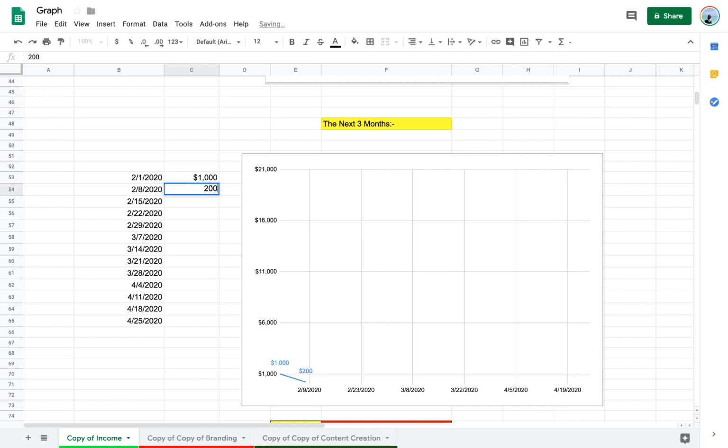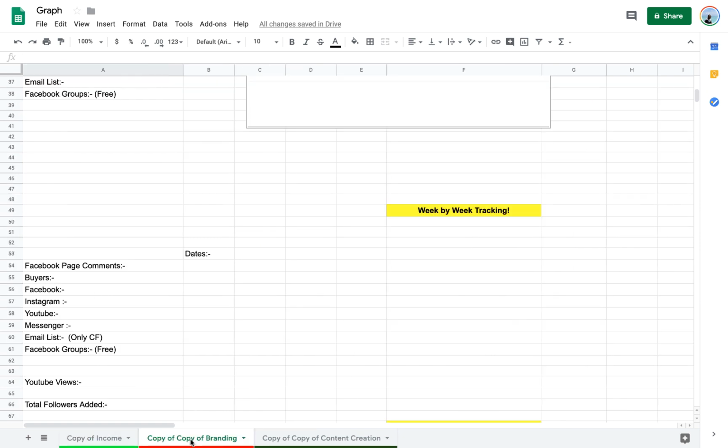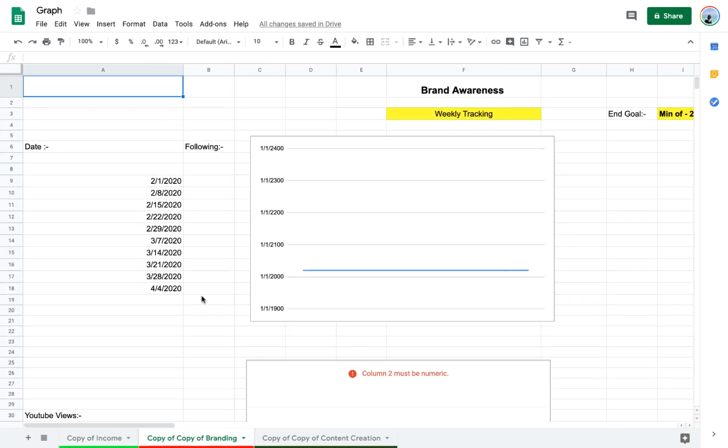So if I make 1,000 here, 2,000 here, 3,000, 4,000 here, 5,000 here, 6,000 here, you can now see, look at the graph, right? So you had a steep increase, which means you had a new idea, you started doing something new. Usually when there's steep increases, there's either a market change or you're doing something new, right? And then the increase kept going steadily, and then you went to 7, you went to 8, and usually what I do is once you cross the 16,000 mark, that's when you can start replacing this number and go into 3 times of the highest number. That's as simple as it is. With the income screenshot, the graph.